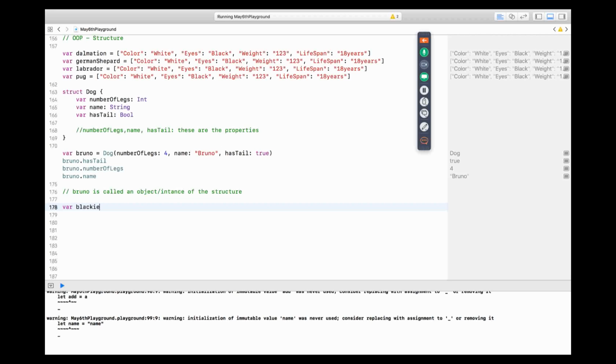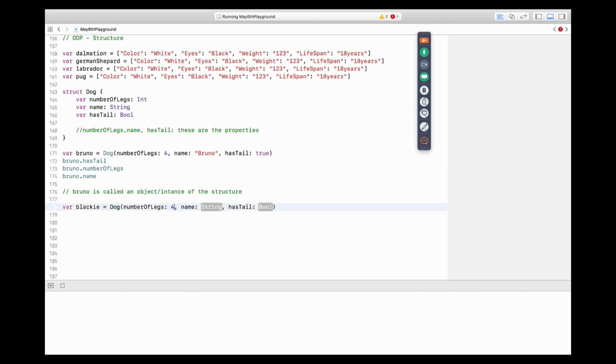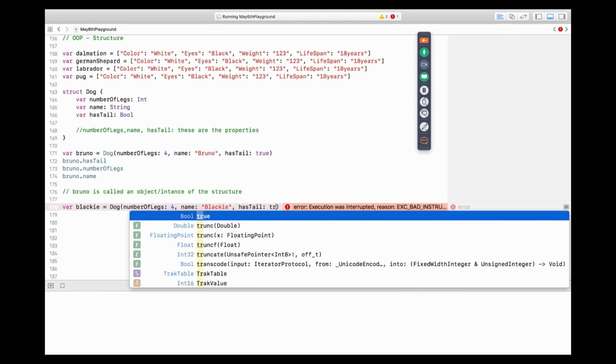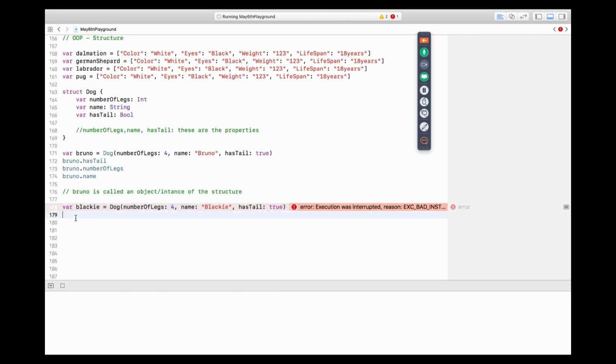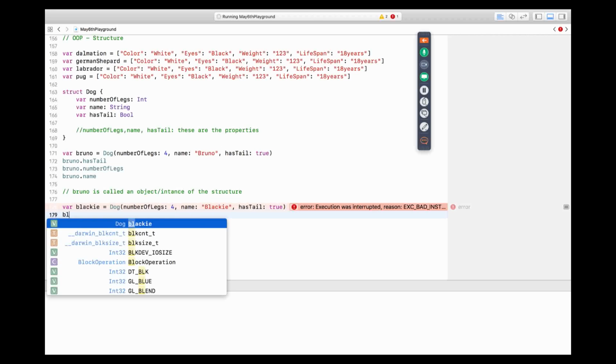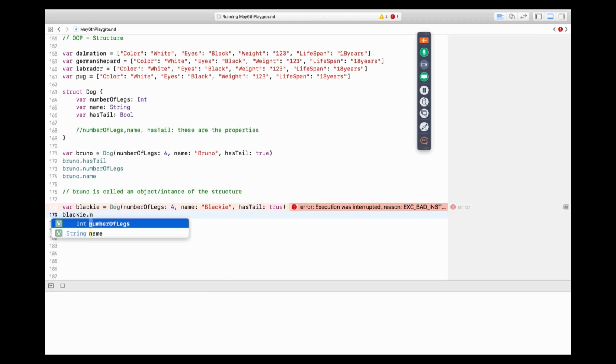Let's name it Blackie, of type dog, number of legs 4, name Blackie. In a similar way, you can access the properties like this: number of legs,